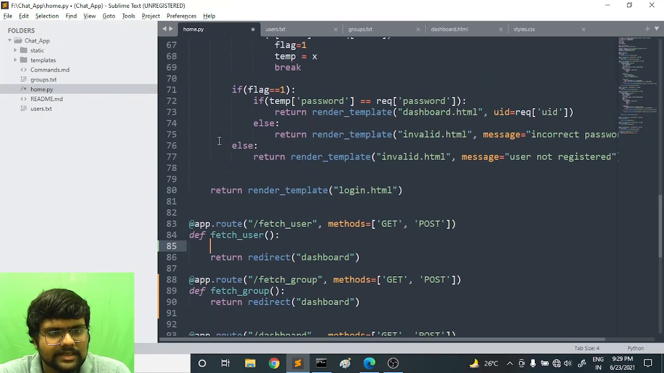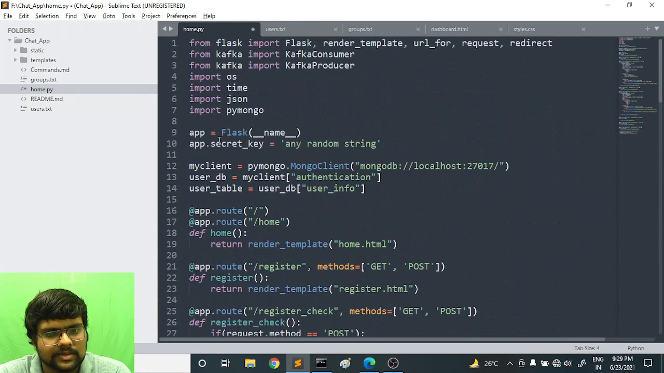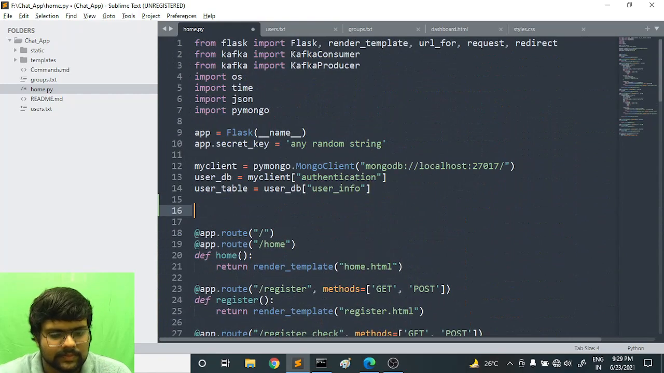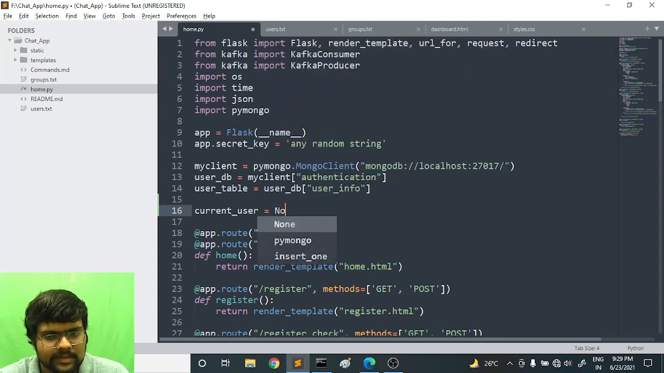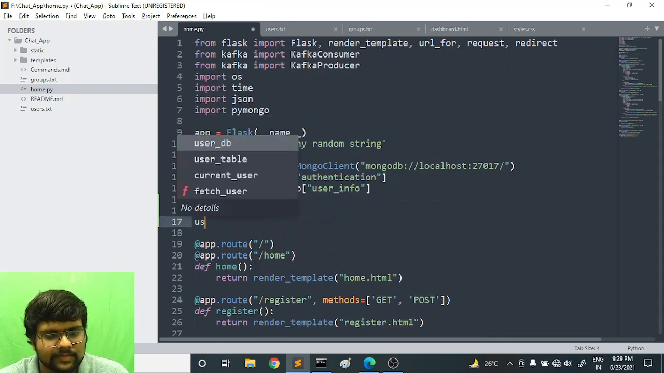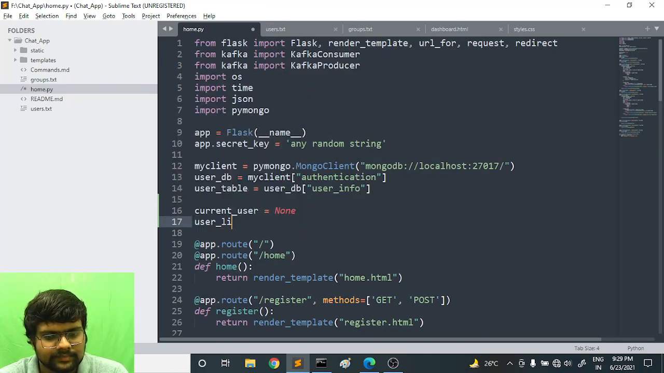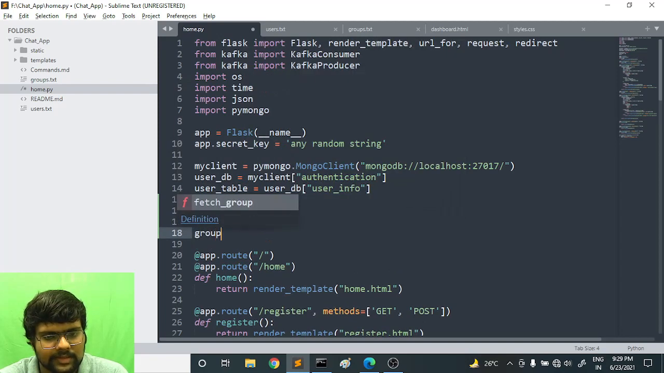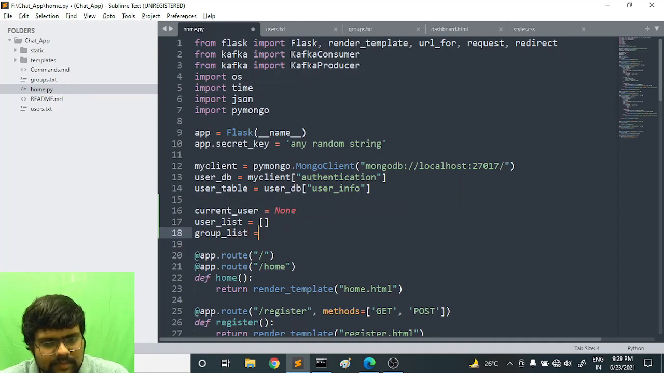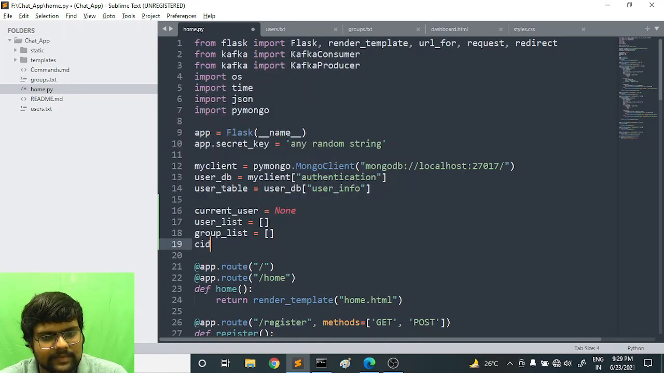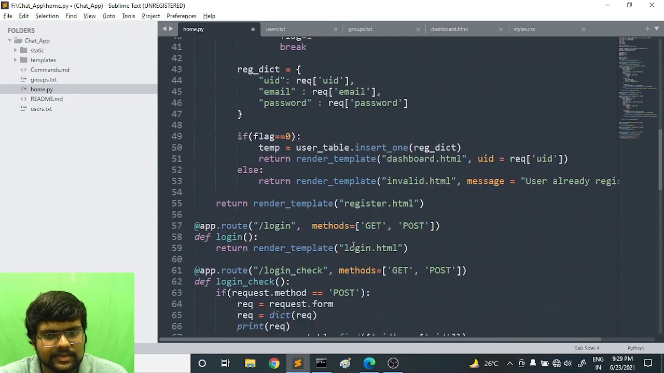So let me first declare some variables above, so that we will be using them here. We will have the current user, which will be None initially. Then we will have the user list, which will be empty. Then we will have the group list, which will also be empty initially. Then we will have the CID, in which None will be there. Okay. So let me go to